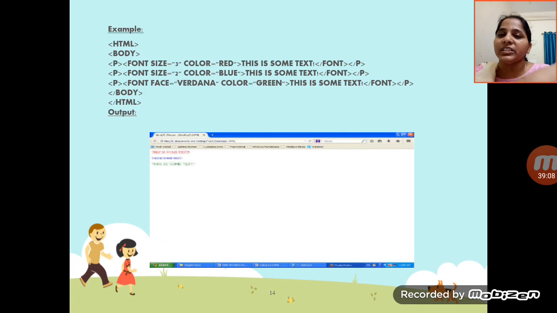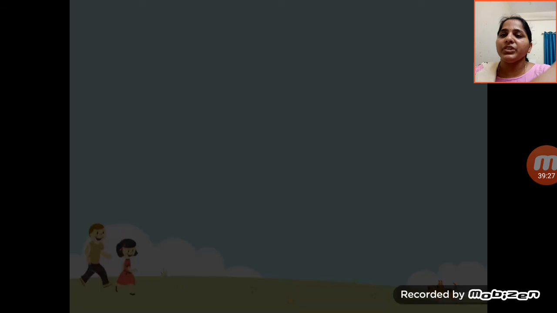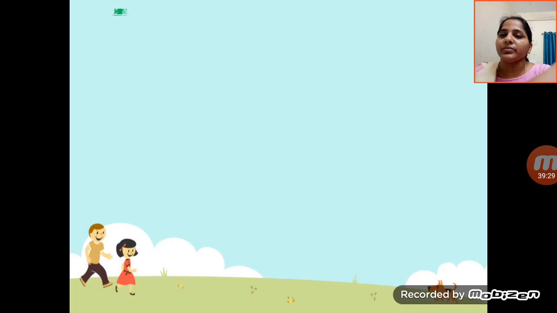This is the text, which will show the color you give. Whenever I give red, it shows red on the output page, and if you give blue, blue will be there, and then green. This is our example of how to create a web page by using the attribute tags.